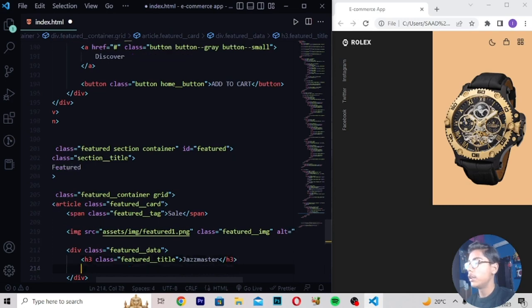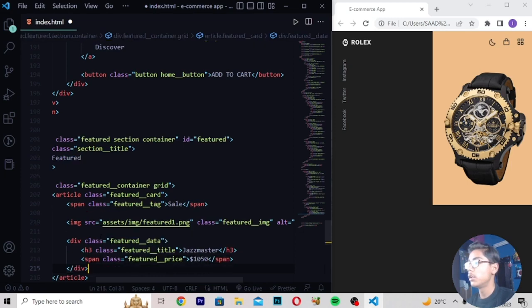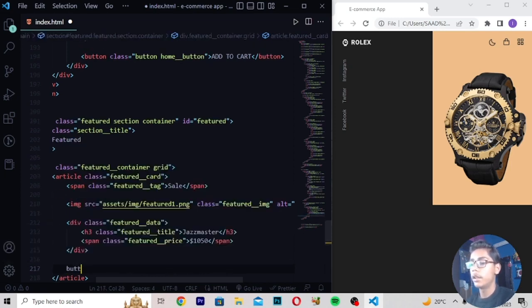Then I will write a span tag class featured price, and here I will write 1050. Then button, and after writing button you have to write class which should be button featured. Then I will write button, and in this button, add to cart.